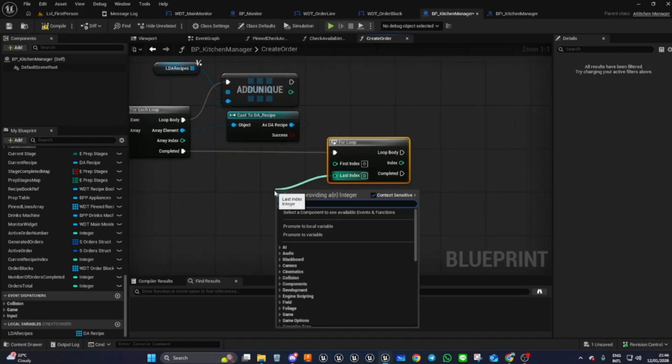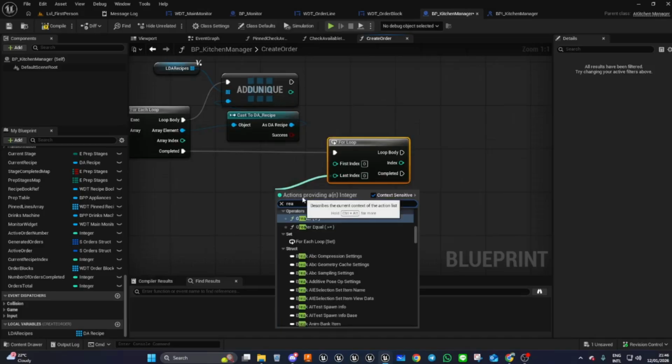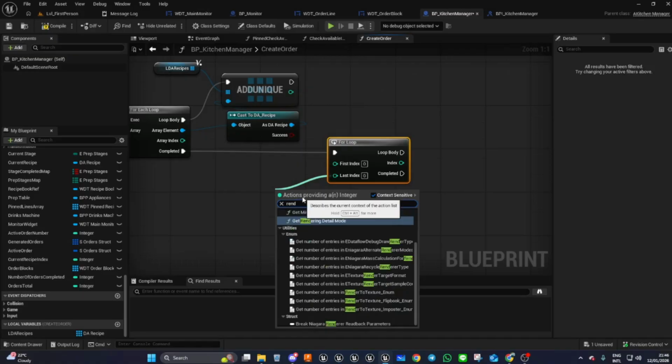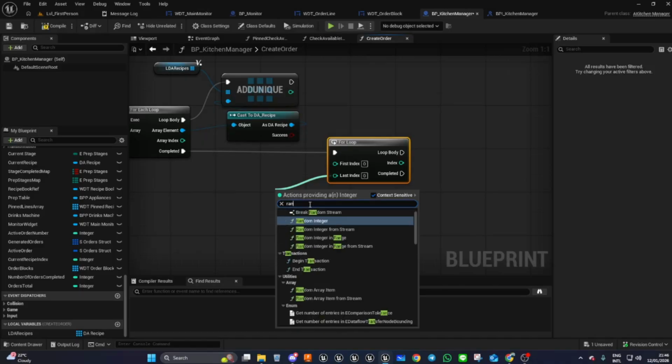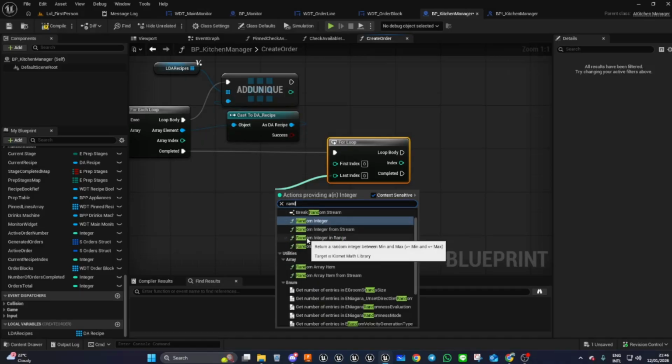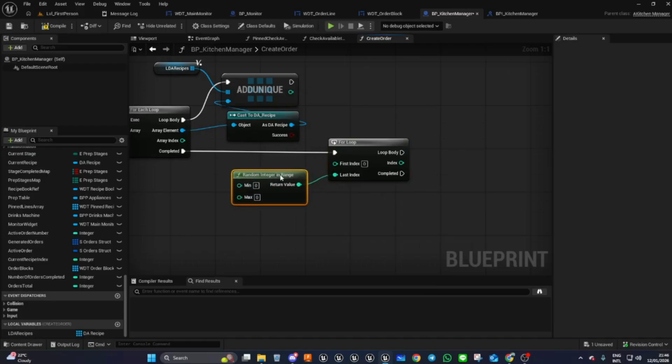So the first index is going to be 0. The last index, we're going to do random integer in range. Spell correctly, you'll find it. Okay, and